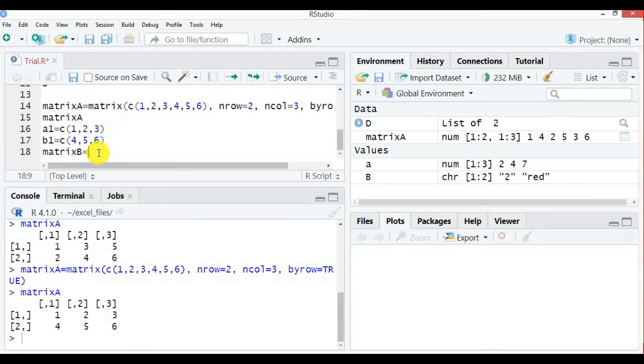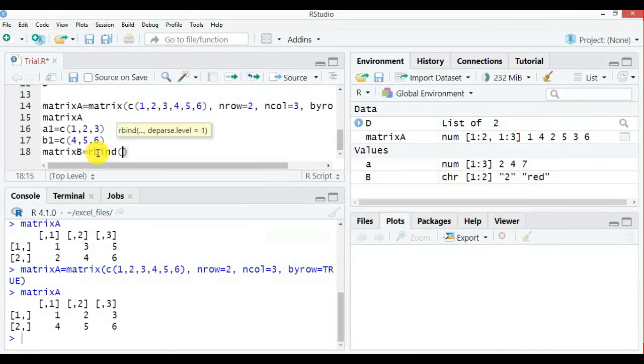There is another way. In one way, I save these together and use the first method. In the second method, you already have them in different vectors and now you want to put them together. There are two ways: you may want to put them as rows or you may want to put them as columns. So here I have to use rbind in this case.